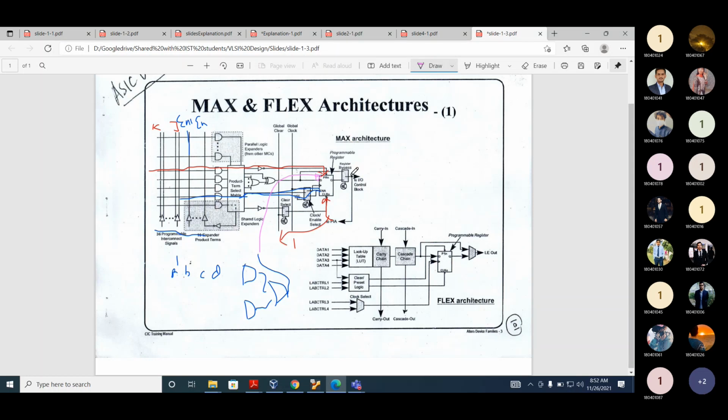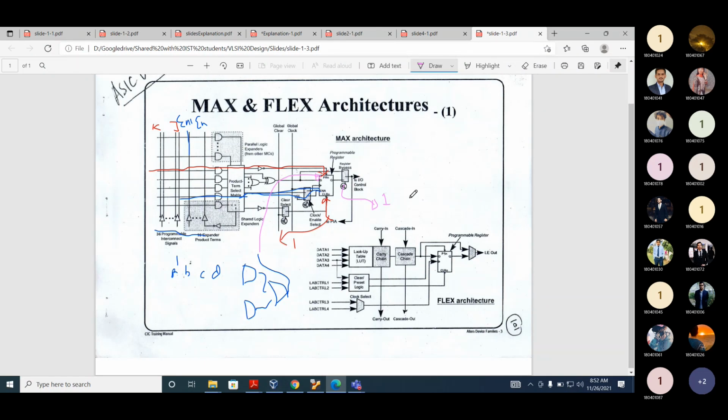We go to D signal. In the select line of the MUX we will store a logical 1 or a logical 0. Logical 1. Why logical 1? Because the function is sequential. Maybe in the exam when I ask any question, I will give you a code and this MAX architecture, and you will map that code to that particular architecture.